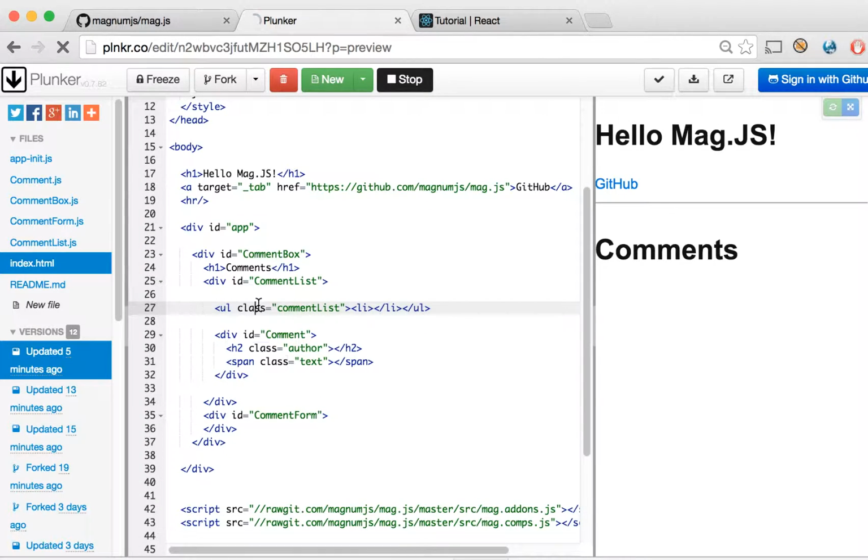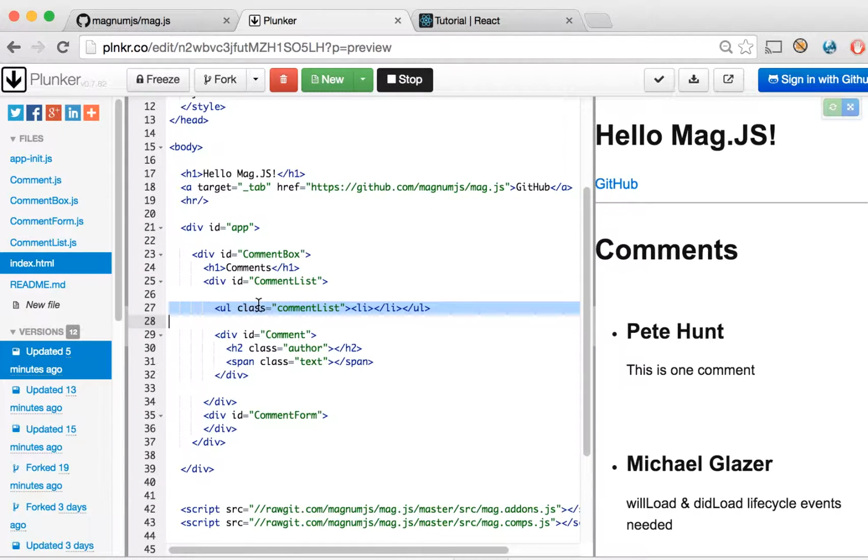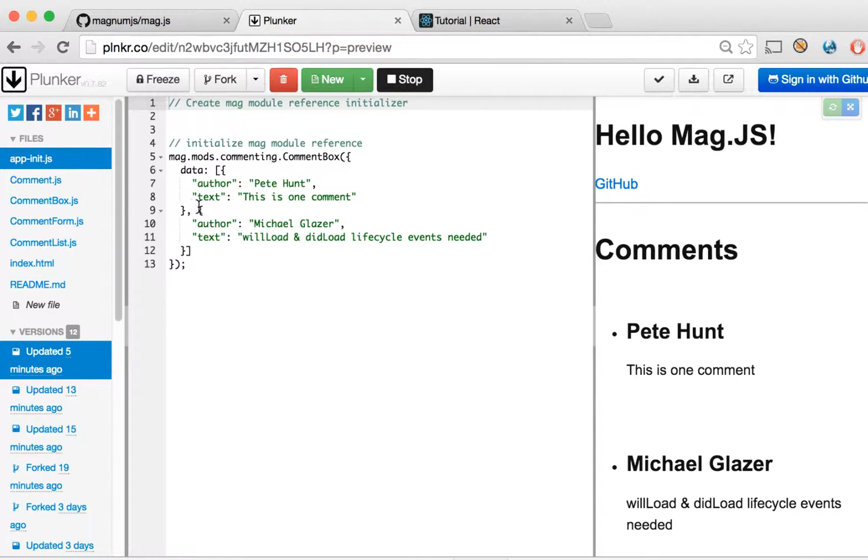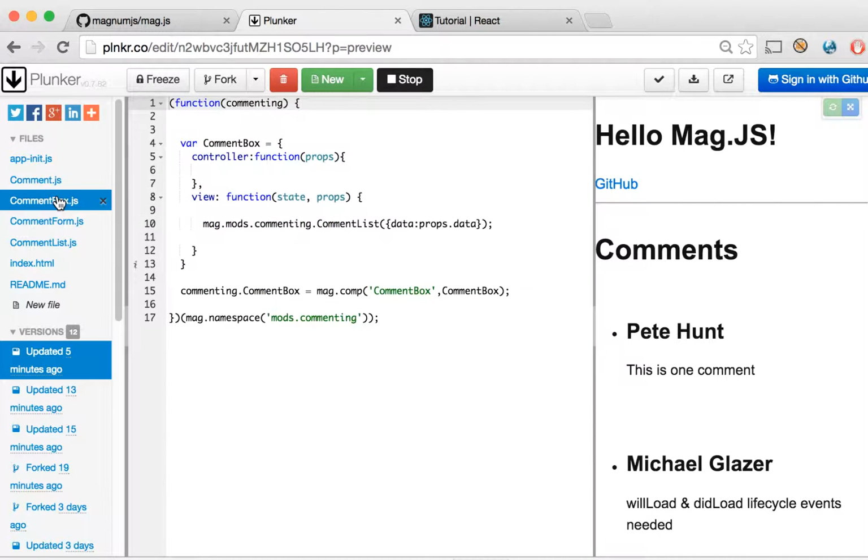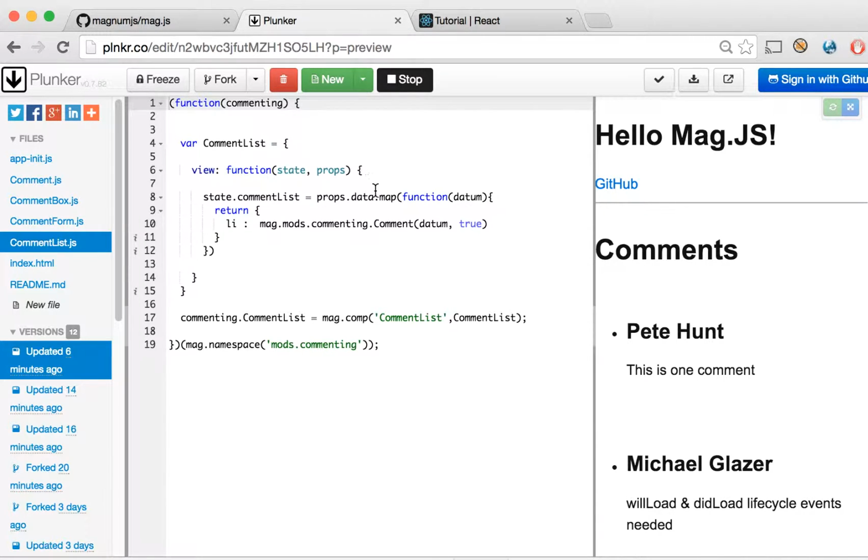And at this point, now we're going to create our comment list. So let me show you how that happened. How did we get from there to here? All right. We created a UL in our comment list component that will house our list items, and an LI to iterate through each one. And in our app init, we're now passing in the props, this data, which has an author and text. We passed it to comment box, and comment box is passing that prop data to our comment list. And in comment list, here we are looping through the data,